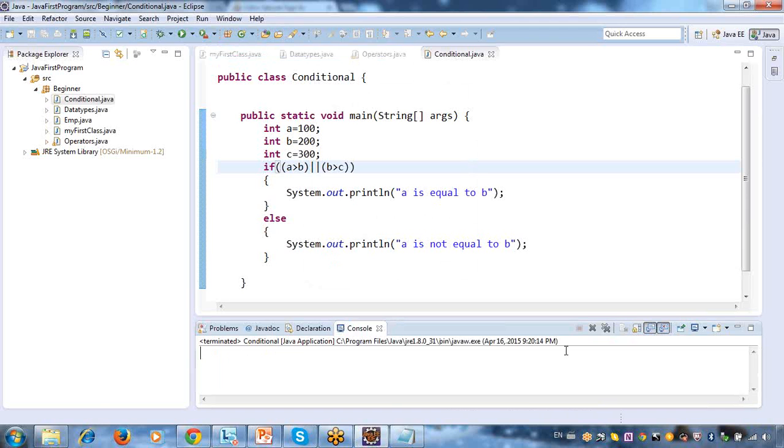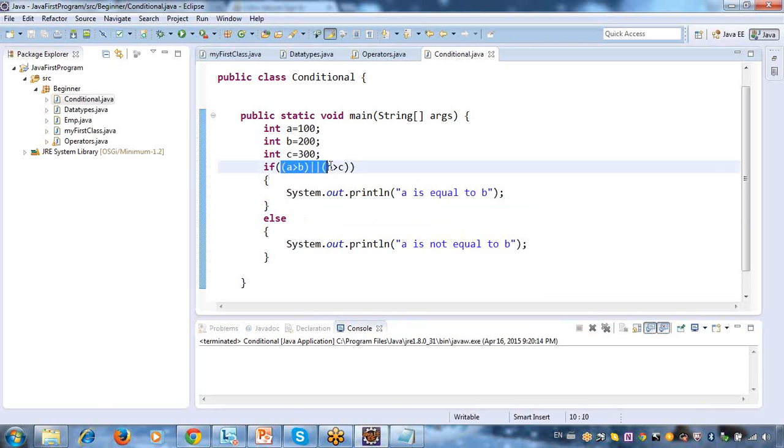Okay, fine. So you can also use your relational operators within your if condition. Now what I'm trying to do here is use two conditions at a time. I'm checking if A is greater than B. And what is this operator? You remember, this operator is OR.